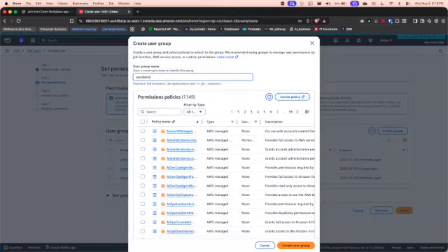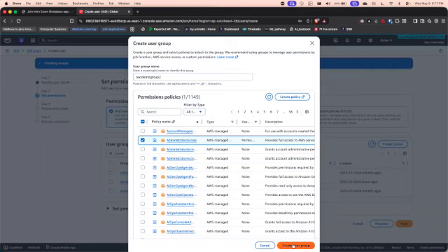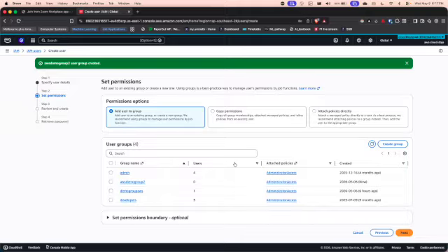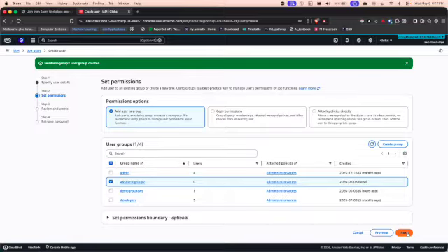So demo group 2. And now we have to attach policies that our users will receive under this group. So you can click on admin access right here and create user group. So once that's done, we can attach this user to the AWS demo group too. So once we've done that,